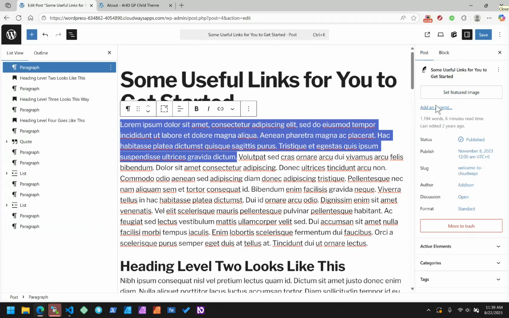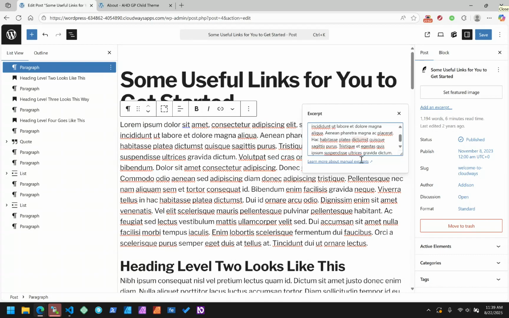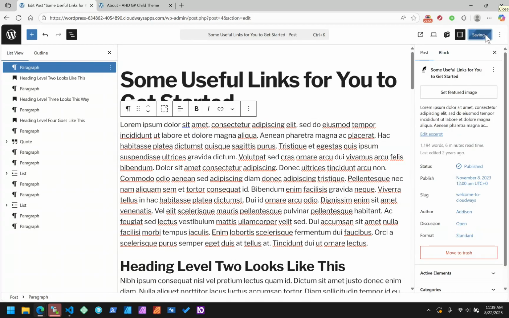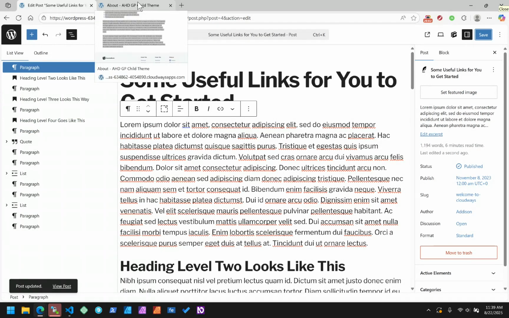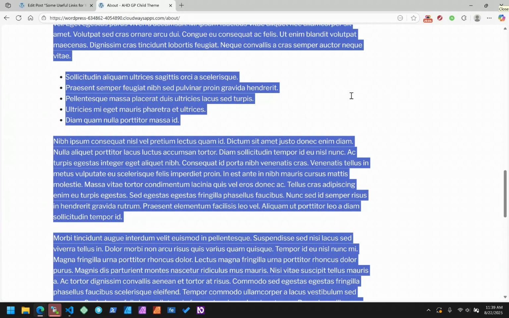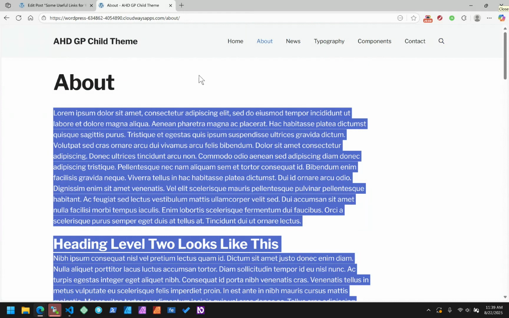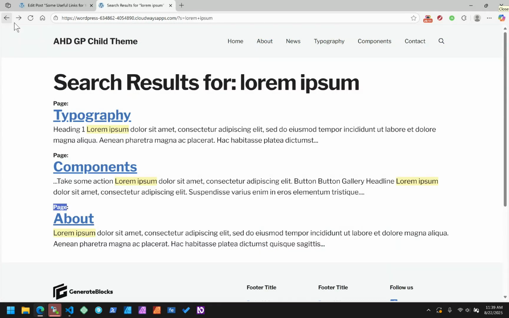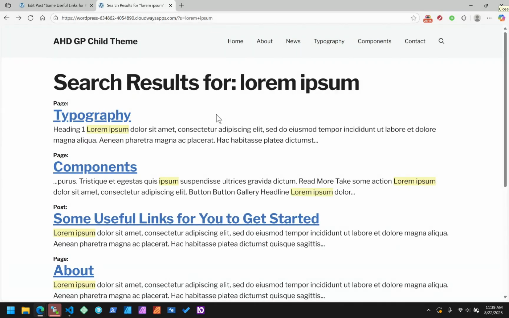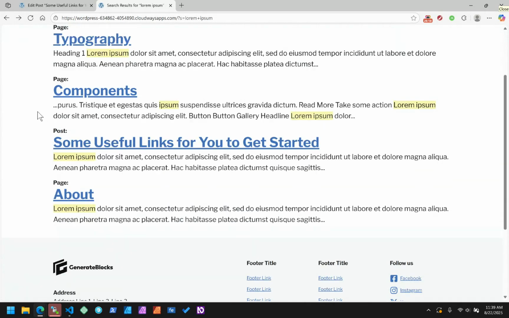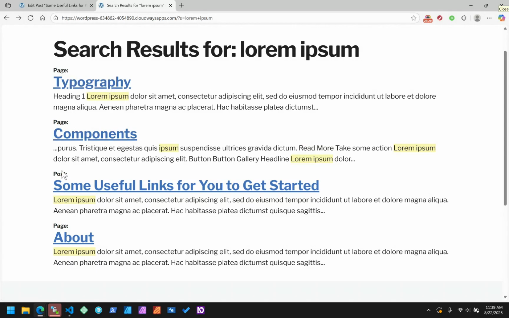create a custom excerpt. And I don't have a featured image. So an image won't show up in our search results, and you can certainly change that. Okay, I'm just going to go back and hit refresh. Cool. Okay, so now we get page typography, page components, post, some useful links for you to